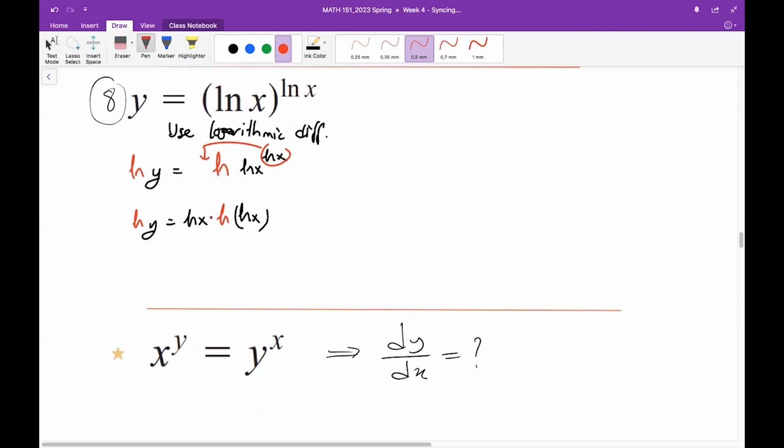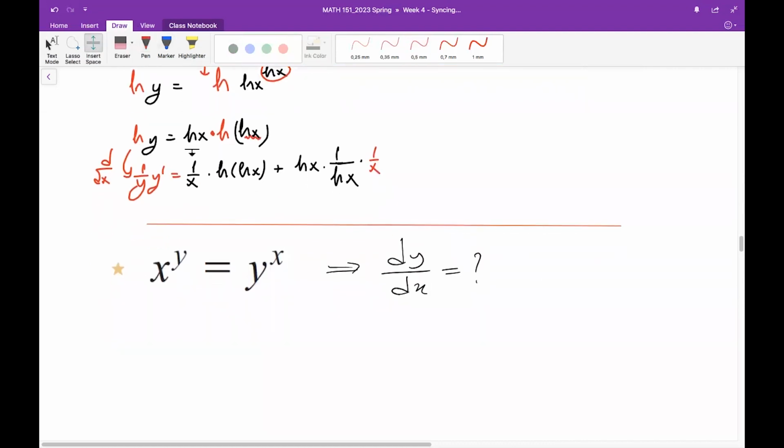Okay, after this step, I am ready to take the derivative because it is easy now. It is not complicated anymore. This is 1 over y times y prime. And here I have a product, so I will apply the product rule. Derivative of the first function is 1 over x times the second, plus first stays the same times the derivative of this second expression. The most outer function is ln. That's why I am applying the derivative rule for ln x. It is 1 over whatever you see inside, times the derivative of this inside part, which is 1 over x.